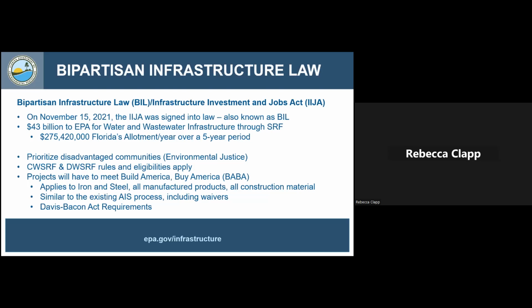Now, the bipartisan infrastructure law has put some money into the SRF programs. I think everyone sees the 43 billion part and doesn't realize that that's for the entire country. Florida's allotment is around 275 million. Now that's spread among the water and wastewater SRF programs. The clean water SRF program, wastewater program,